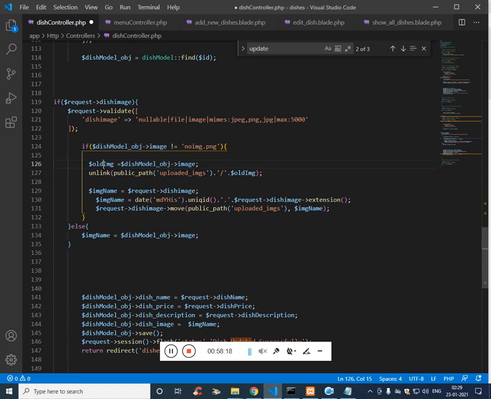This is the old image, and then unlink it from the folder. After unlinking it, I need to get the new image from the request and store it into the image name, and then the same process: give a unique name and pass it to the uploaded folder. That's it. Now let's try.